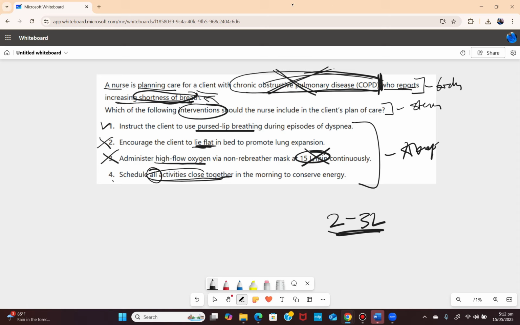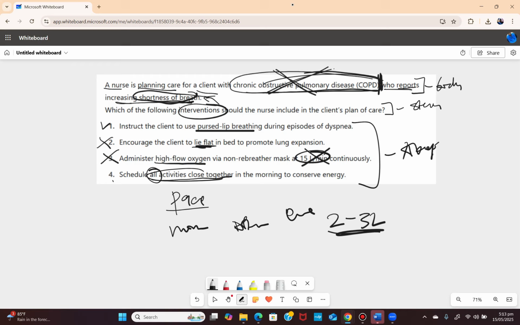Now you can say, oh, I encourage the client to do all house chores in the morning. No, we don't encourage them. We encourage them to do pacing, right? They should pace, do some in the morning, do some in the afternoon, and do some in the evening. NCLEX can tell you complete all your house chores in the morning when fully rested. Don't fall for that trick.